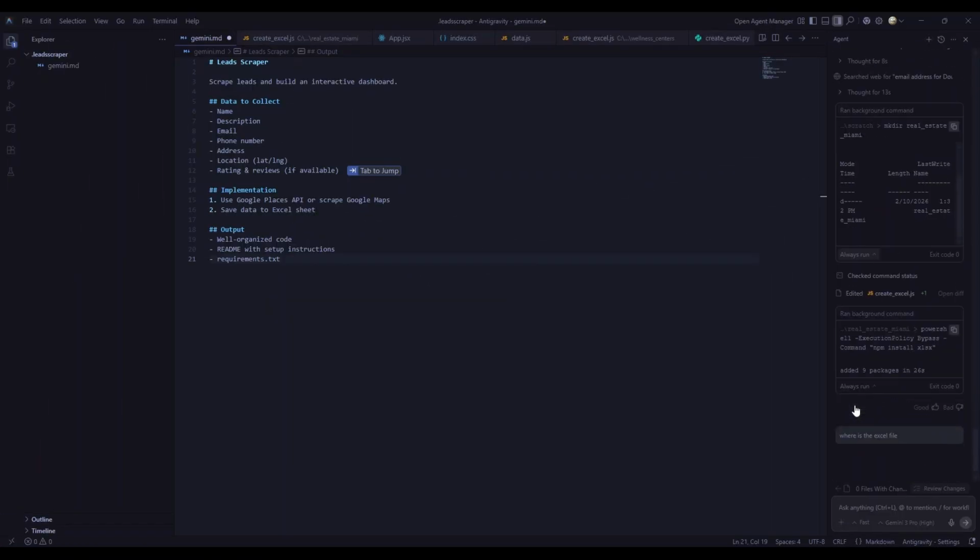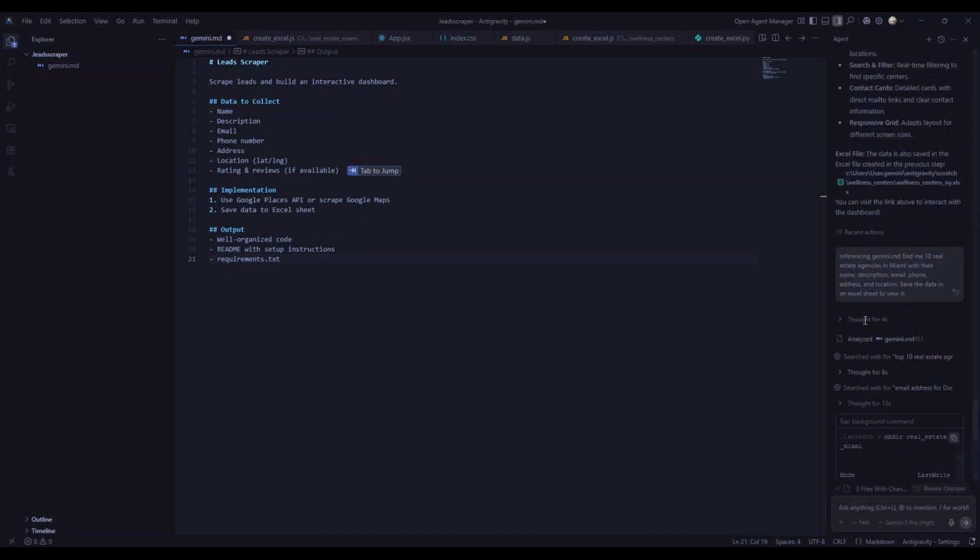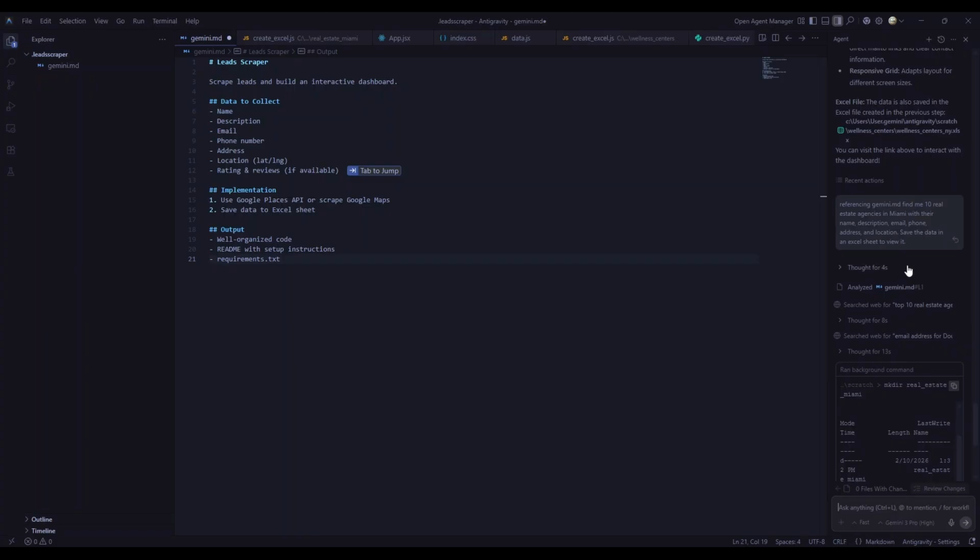So here, our Antigravity automatically scraped real estate agencies from Miami, as we instructed it right here,